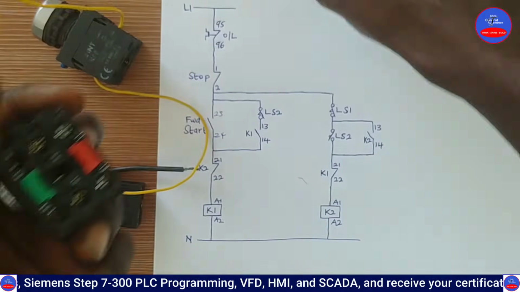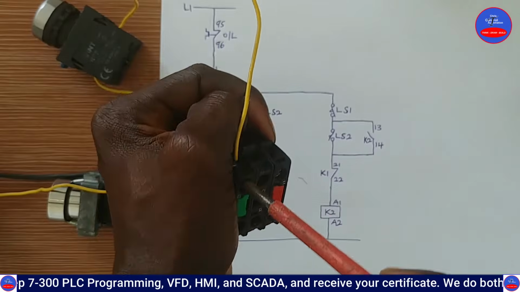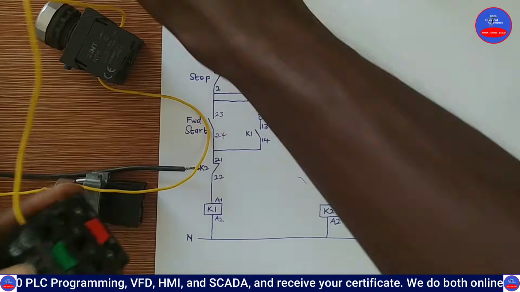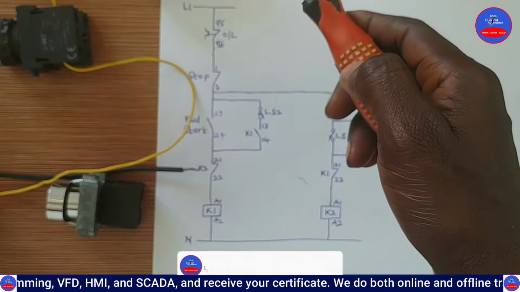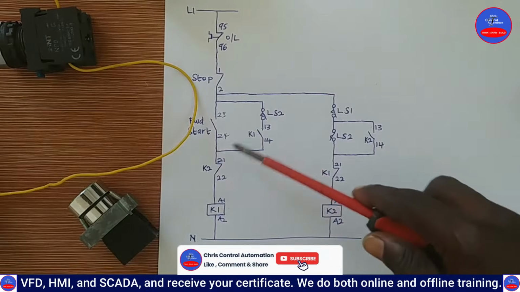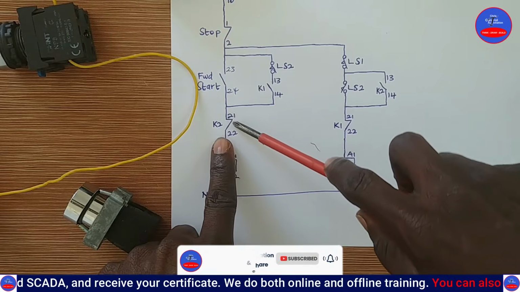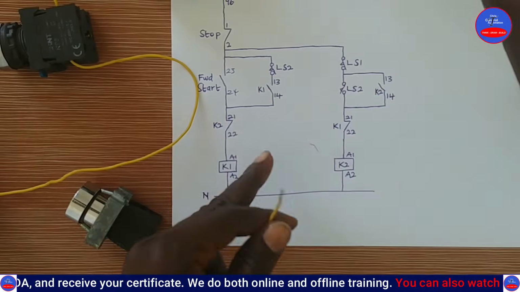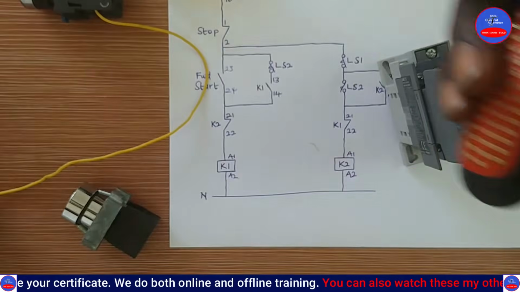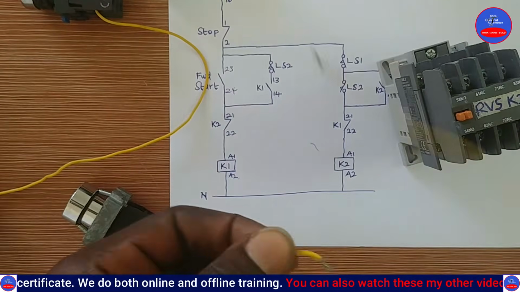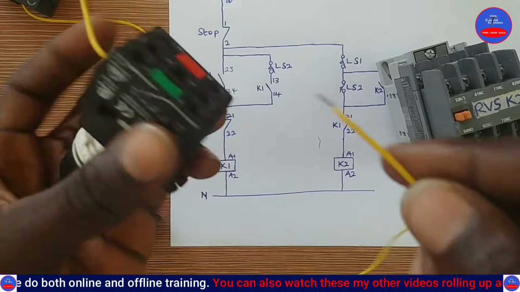Okay, I'll use this, tighten it well. All right, now from this side, from the 24, it is going to the close section, the close contact on contactor 2. Okay, all right, let me take a long cable. So from this side,